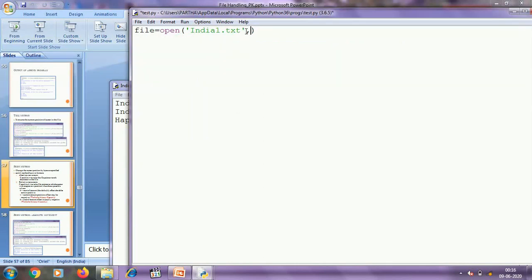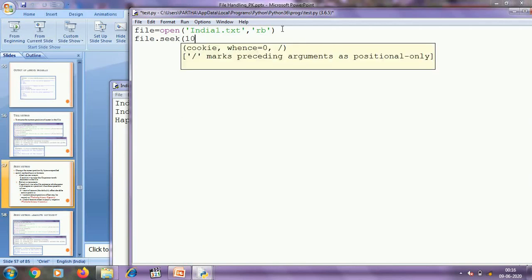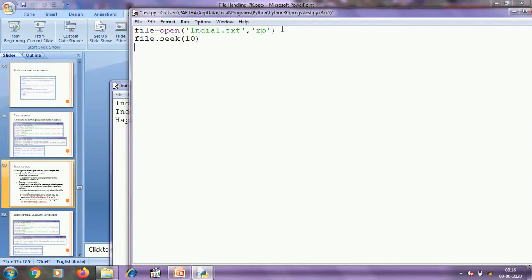For relative movement, I need to open the file in binary mode. So I am using rb. After that, using seek(10), we are pointing the file pointer to the 10th byte, and after that I am going to display the position of the file pointer using the tell method.